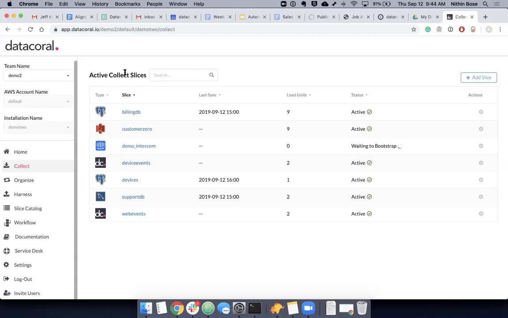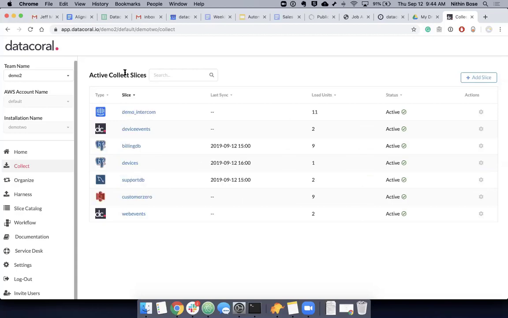And so what this also does end up showing, if you notice, the Intercom slices got added while we were talking about it. Now I'm done, right? So that's kind of the experience we want to have. Not to forget, in terms of ingest, we also have files we can ingest from, whether it's S3 or FTP or wherever else. The whole idea is to make the effort of bringing data that's needed for analysis as simple as possible. Now, great. Now that you have data, what are you going to do with it?